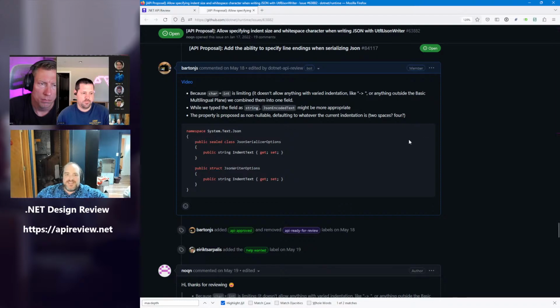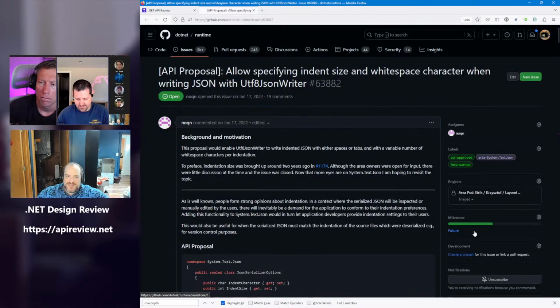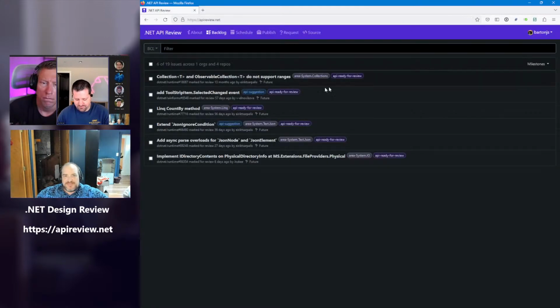Some of the reasonings that we gave for wanting string last time don't hold up, but we think some of the other reasonings for keeping it do hold up. So it's good to get clarification on this. Back then, it should be non-nullable defaulting to whatever the current indentation actually is. Yep, and short-circuiting the 2 or 3 most common cases will be trivial. The right thing, if approved for the wrong justification, can be reconsidered. Yeah, we're setting a better precedent.